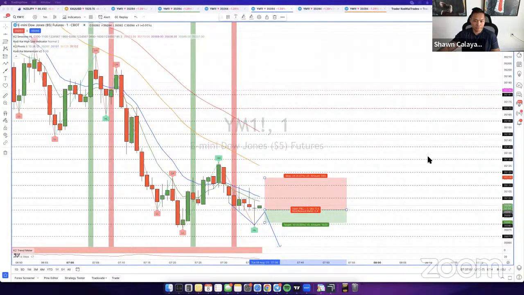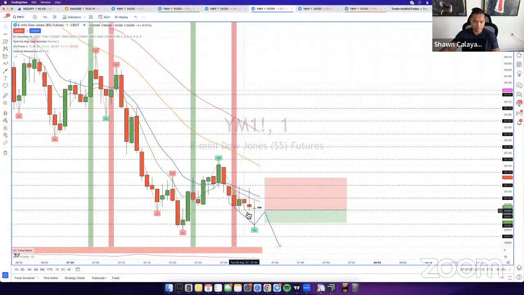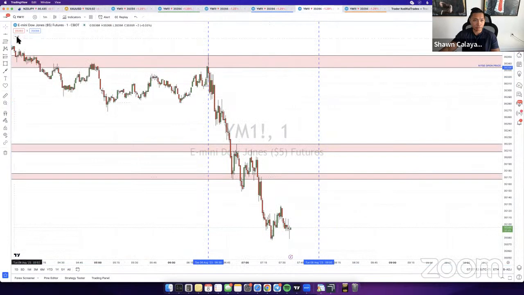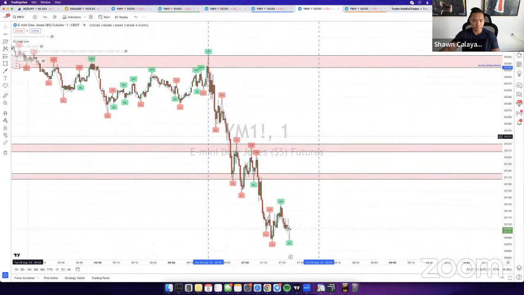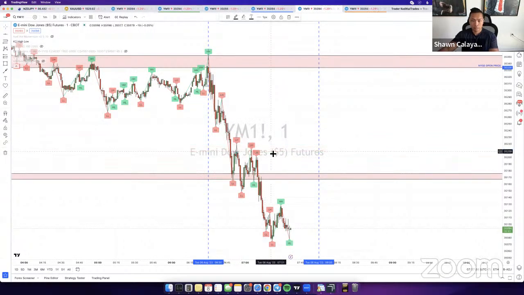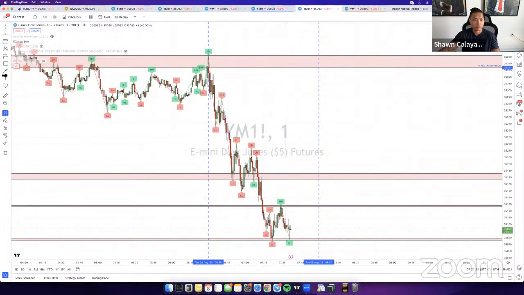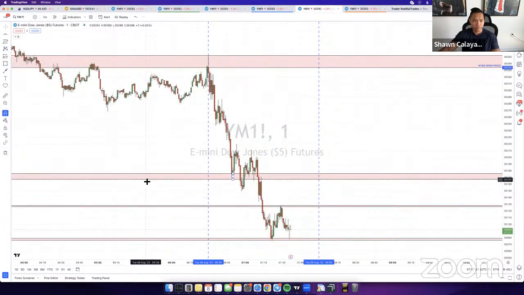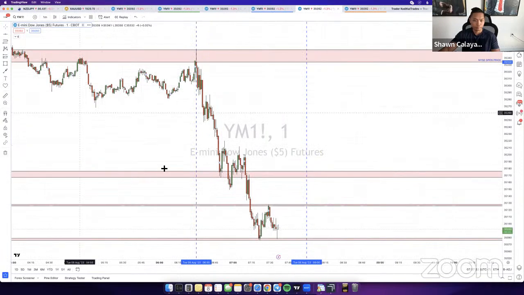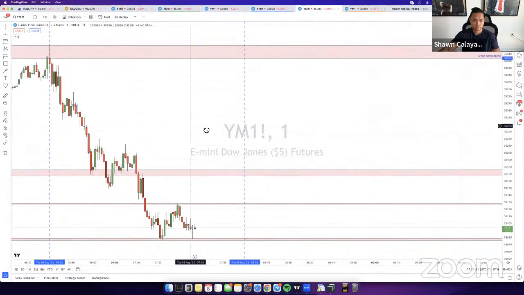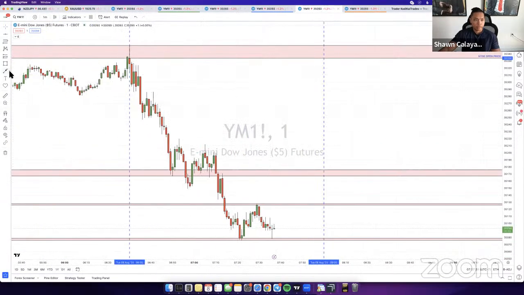Not really liking how the candles are starting to move, as you guys can see over here. The candles are starting to get a little tighter. It looks like it's starting to squeeze here a bit. Let's go here to the clean chart. Let me go market structure so that you guys can see things better. All right, so price is pretty much just ranging right here. It's been ranging for a while, actually.